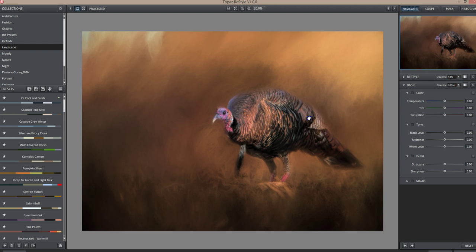So this is before. This is this particular preset at 50% or right around 50%. I never can get it exactly. You can also adjust other things in Restyle for that particular preset. And then they have an option, once you've adjusted things, they have a plus button down here where you can save that preset as a new preset,